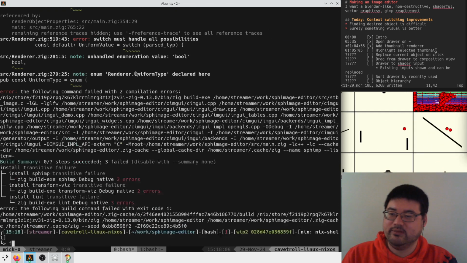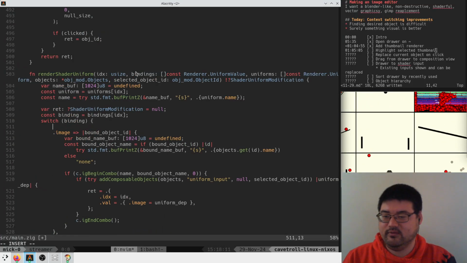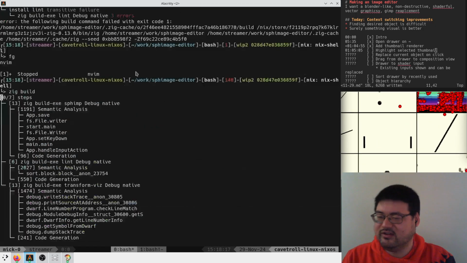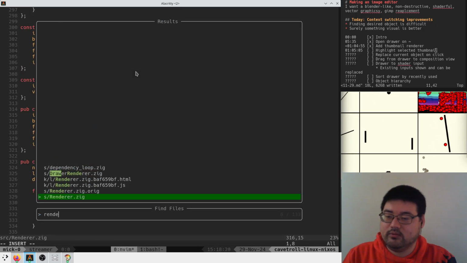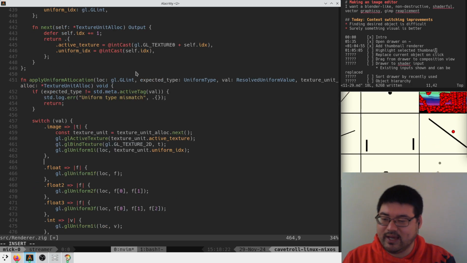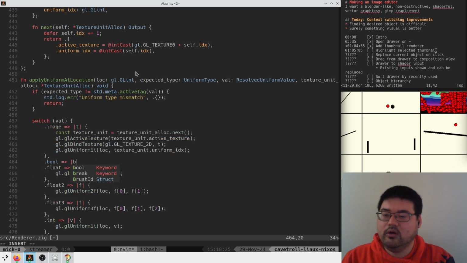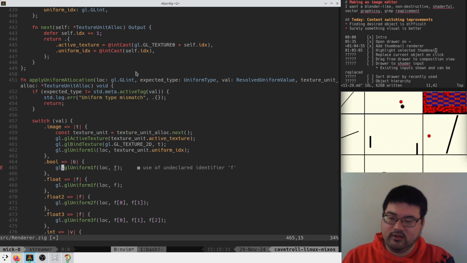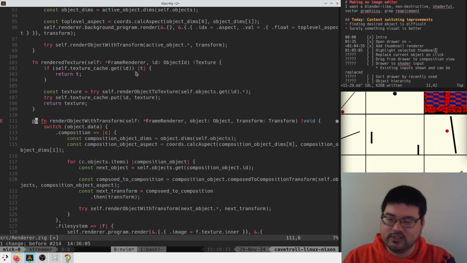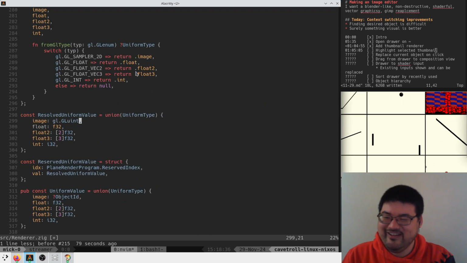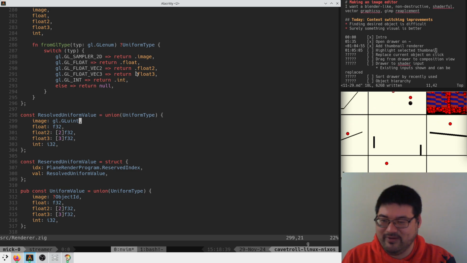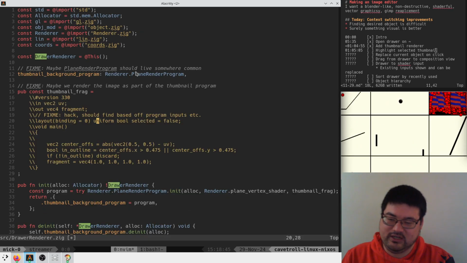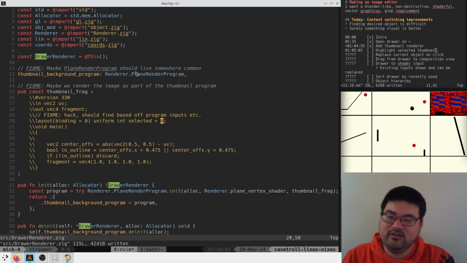Switch must handle all possibilities at main, line 510. I guess we'll put unreachable for now because I don't want to deal with that. The UI stuff doesn't matter yet. And then renderer.zig line 457 needs to be able to figure out how to pass a bool to a uniform. I guess this is all stupid because we already supported ints. So let's just do it that way. That seems way better, because I think there isn't even a real bool type. I'm pretty sure it just turns into an int anyway. So we can just be like,